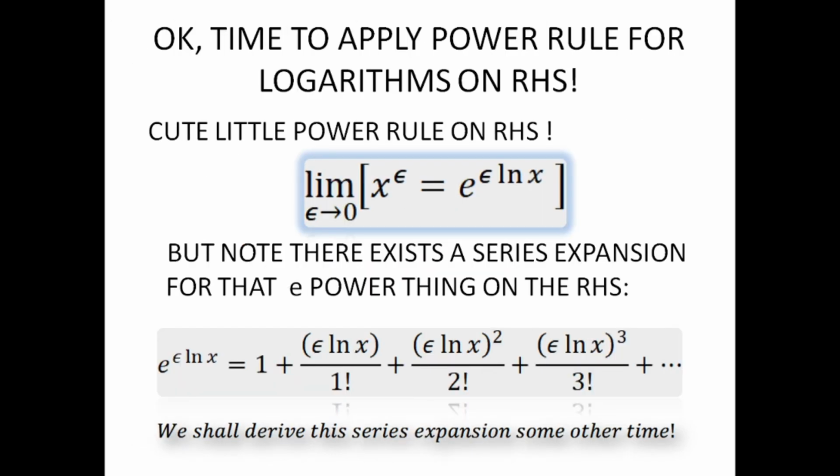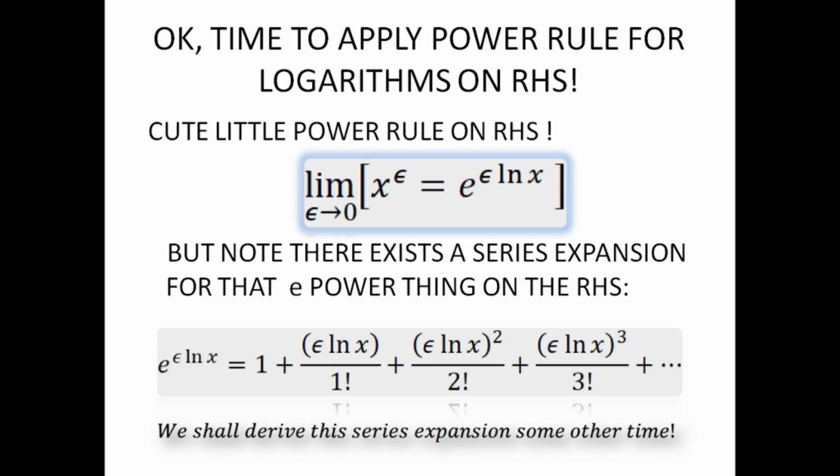Okay, time to apply the power rule for logarithms on the RHS. So we apply this cute little rule called the power rule for logarithms, whereas if the argument of a logarithm has a power in it, we can move that power in front of the logarithmic operation. So now we write limit epsilon goes to 0, x power epsilon is equal to e power epsilon